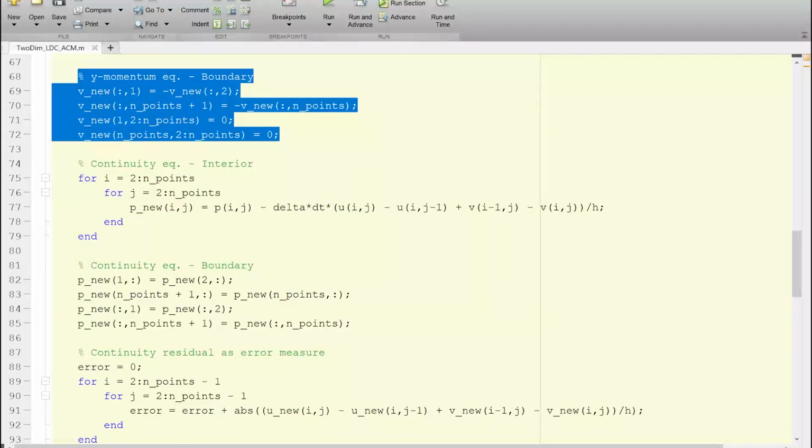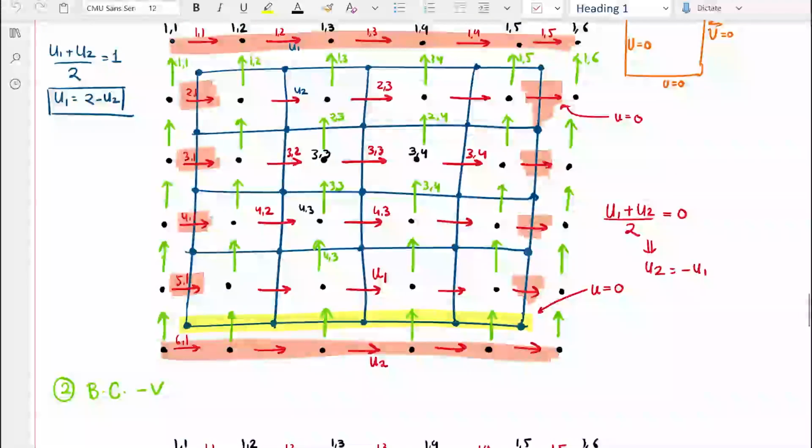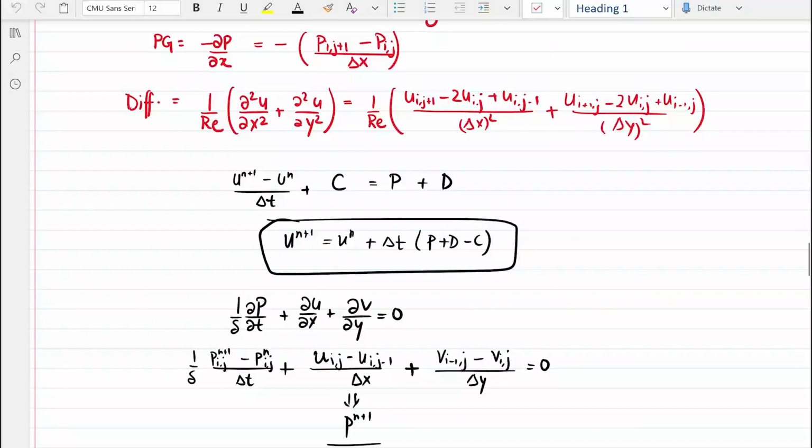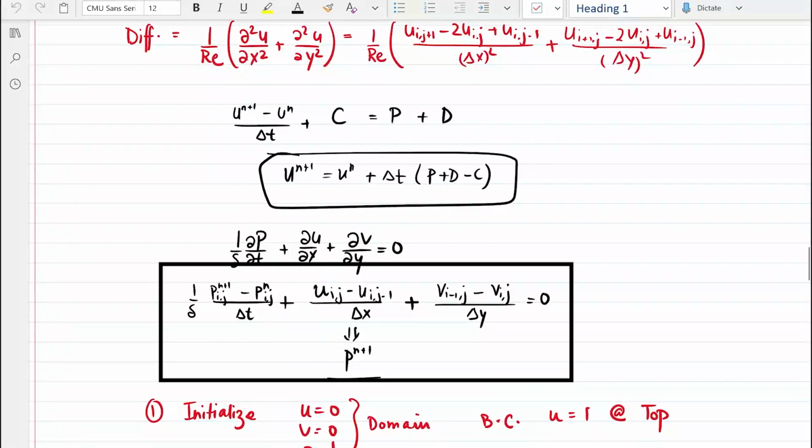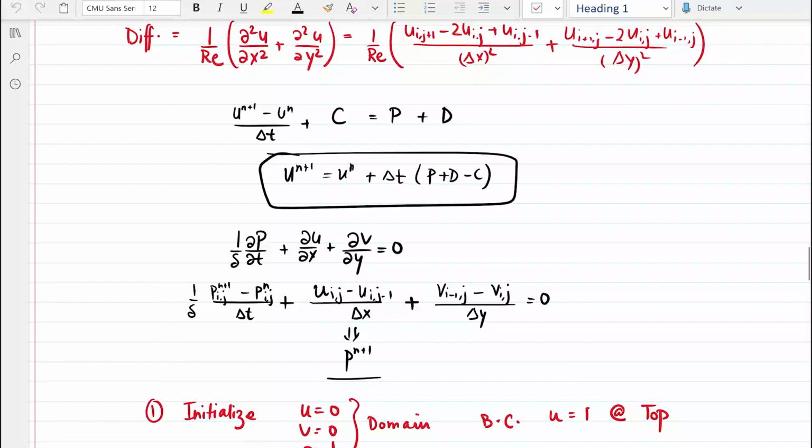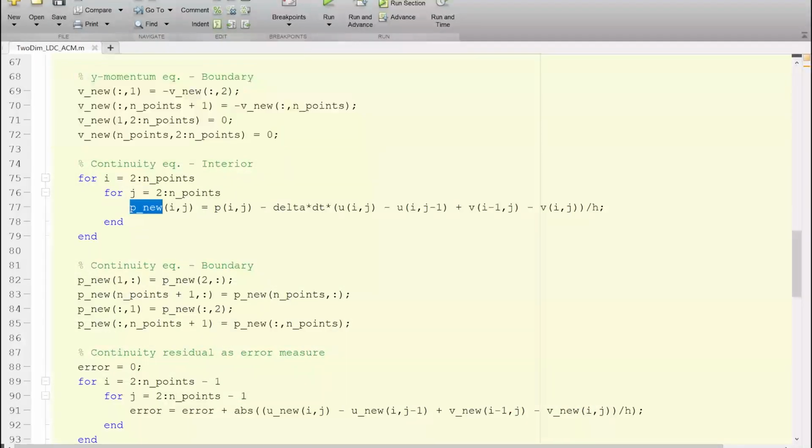And finally, about the continuity equation, we already derived the, where is that? So we derived this as the discretized version. So we needed a del u by del x term and del v by del y term. And you can see that if I take this particular equation, this is p at i comma j and time step n plus 1, that is equal to p at i comma j minus delta, which is the artificial compressibility, times dt, and this is del u by del x plus del v by del y.